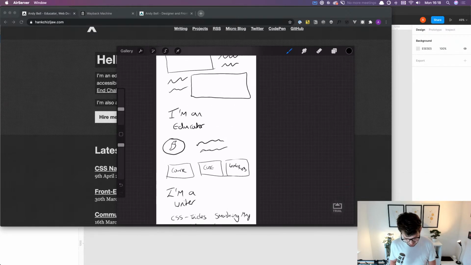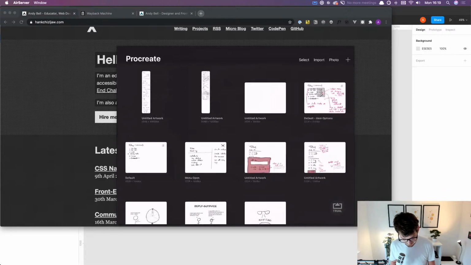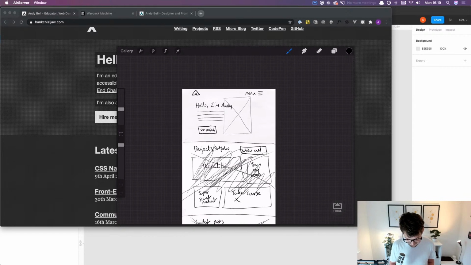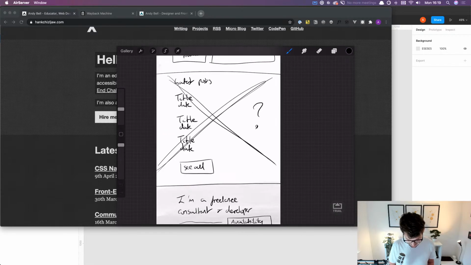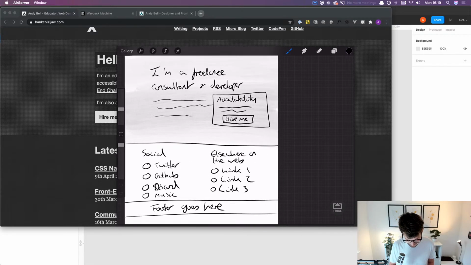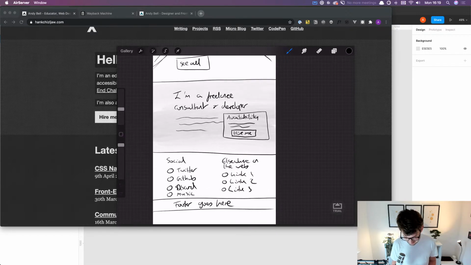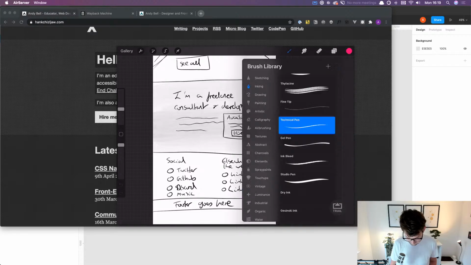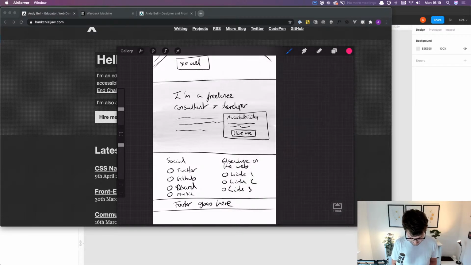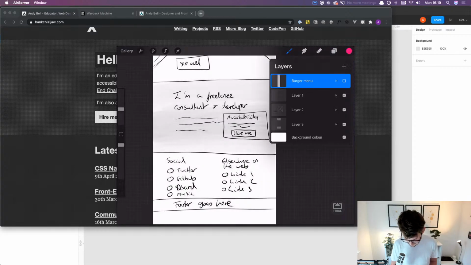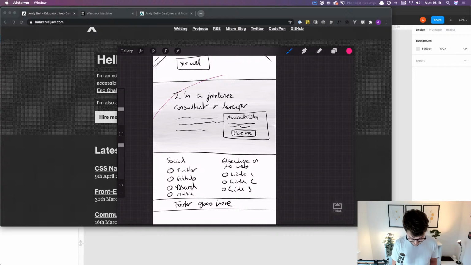Now, one thing I don't need to sketch, if I just go back to the homepage, I definitely don't need to sketch the blog section, because it's pretty straightforward what it's going to be. It's going to be articles. I've sketched that out again, and that's going to feature at the bottom as well. I'd say like this section here, cancel, want a hidden layer. This section here, I'd say that's the sort of going to be